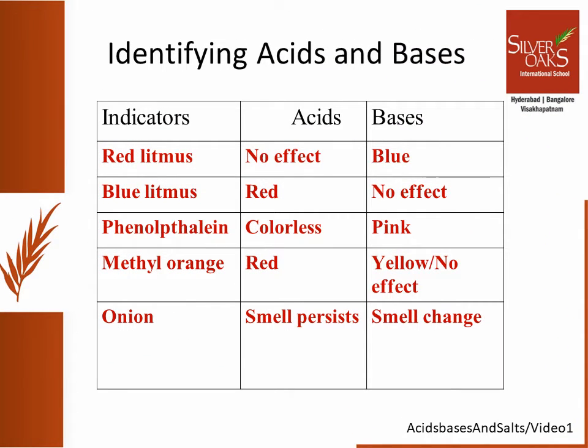How to identify an unknown substance as acid or base? Yes, correct, by using indicators. In the prior knowledge test, I gave you a task to make turmeric indicator. Hope all of you have enjoyed doing that. Substances like turmeric and litmus solution, also red cabbage juice, are natural indicators which change their color in different media. Phenolphthalein and methyl orange are synthetic indicators. Onion juice, clove oil and vanilla essence are examples of olfactory indicators which lose their smell in the presence of a base.